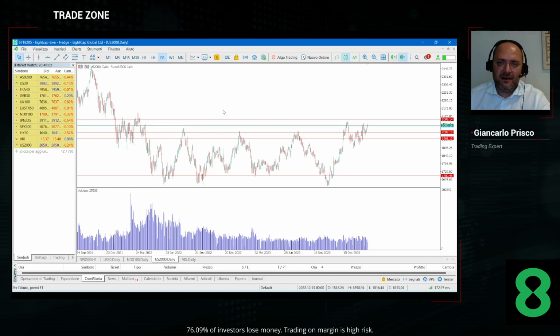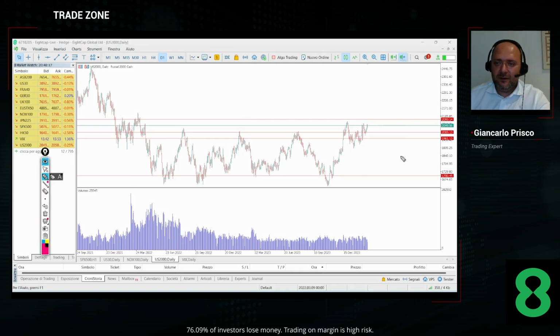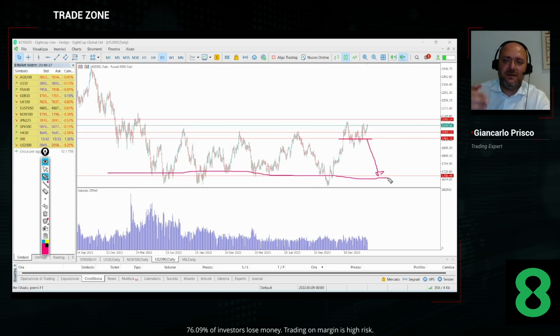You can see that we are in a range between 2093 and 1700 level, and in this sense, we will see that there is a chance we are in a big range at this moment. But for example, now we have a chance because if markets start to drop and break, for example, the level we see together, probably on Monday, 1961,